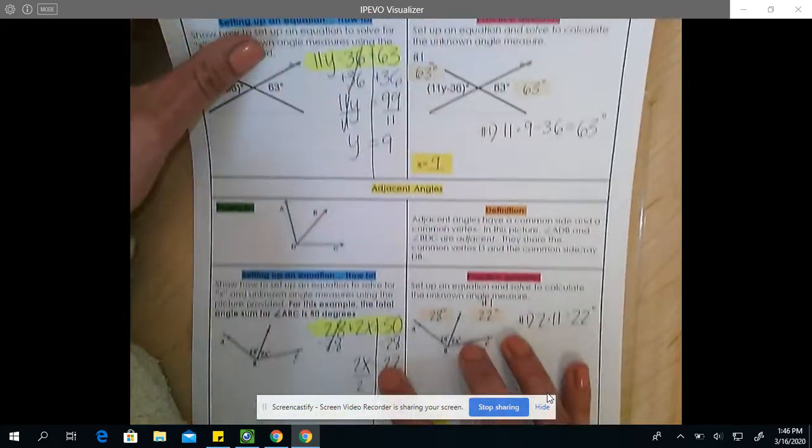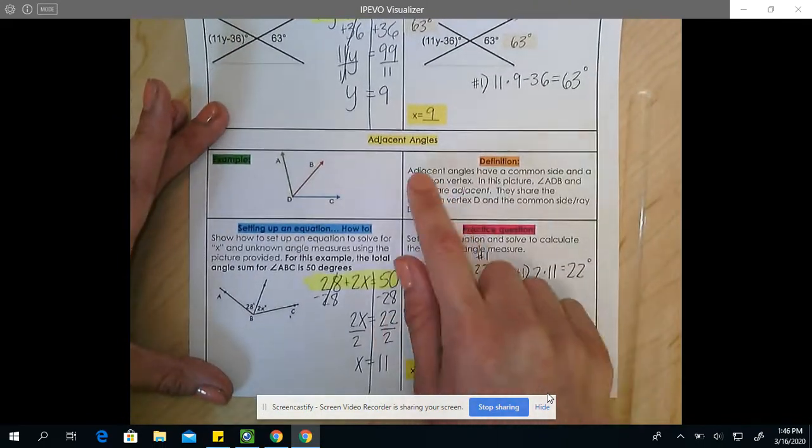The last type is adjacent angles. Adjacent angles have a common